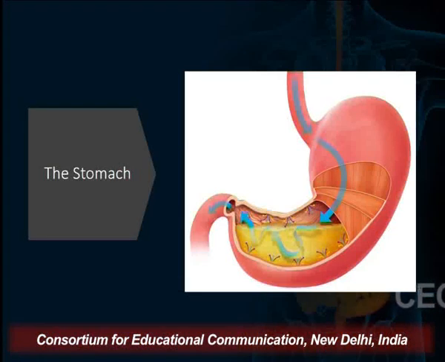Now we will study the stomach. The stomach starts from the esophagus and goes down to the small intestine. The stomach is a sac-like organ with strong muscular walls. In addition to holding food, it serves as a mixer and grinder of food. The stomach secretes acid and powerful enzymes that continue the process of breaking the food down and changing it to a consistency of liquid or paste. From there, food moves to the small intestine.